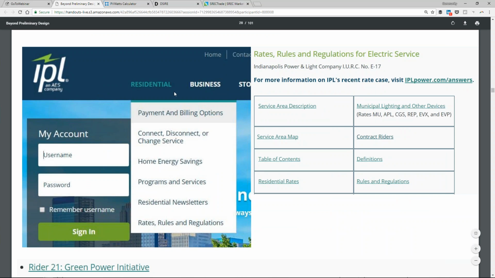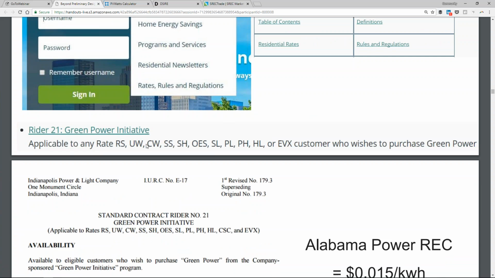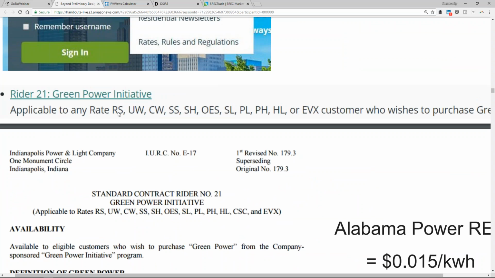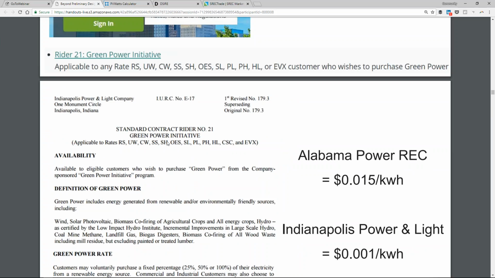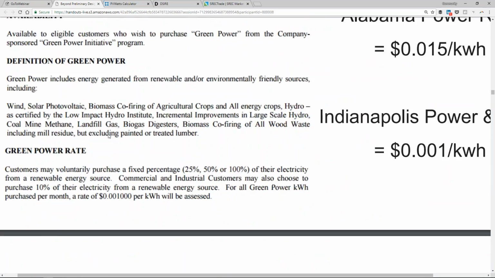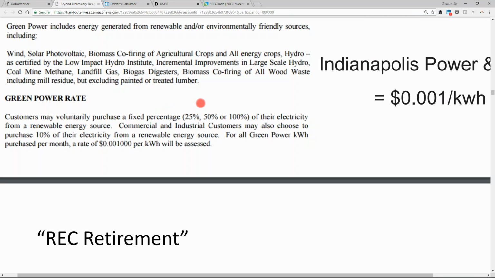Well, we go to Indianapolis Power and Light, and you go and read their rate riders and say, well, how much are they charging? Here they have a Rider 21 Green Power Initiative, which can be applied to their residential rate structure or any other residential rate structure. And going into the brass tacks of it, what we see is the green power rate here can be 25%, 50%, or 100% of the bill, and it's going to be billed at, there's two zeros there,